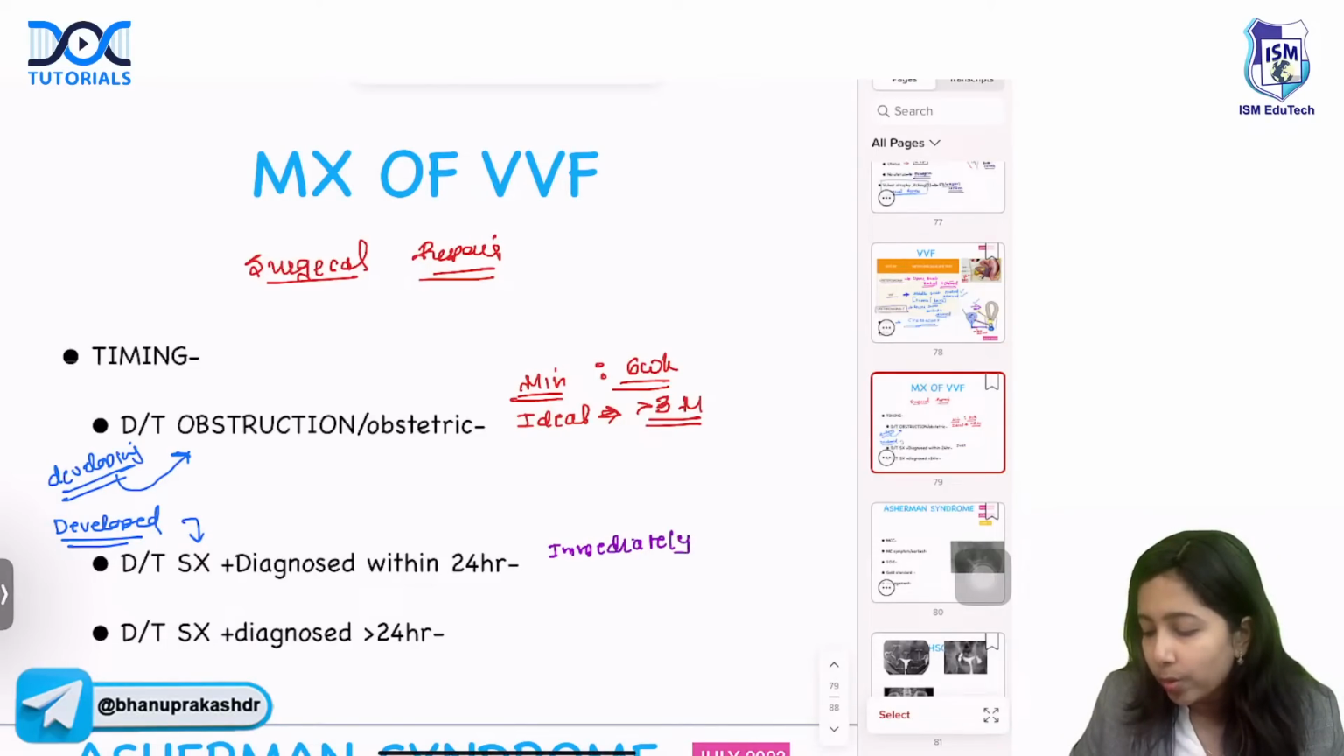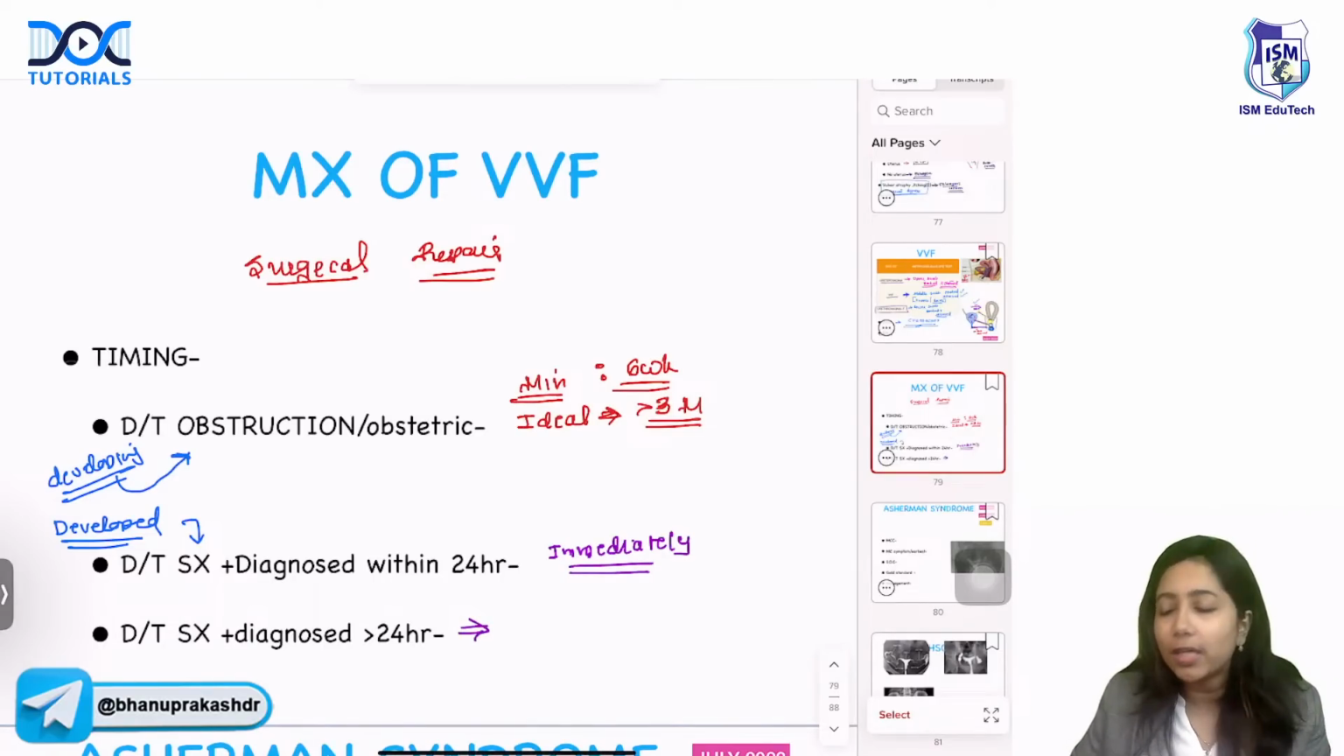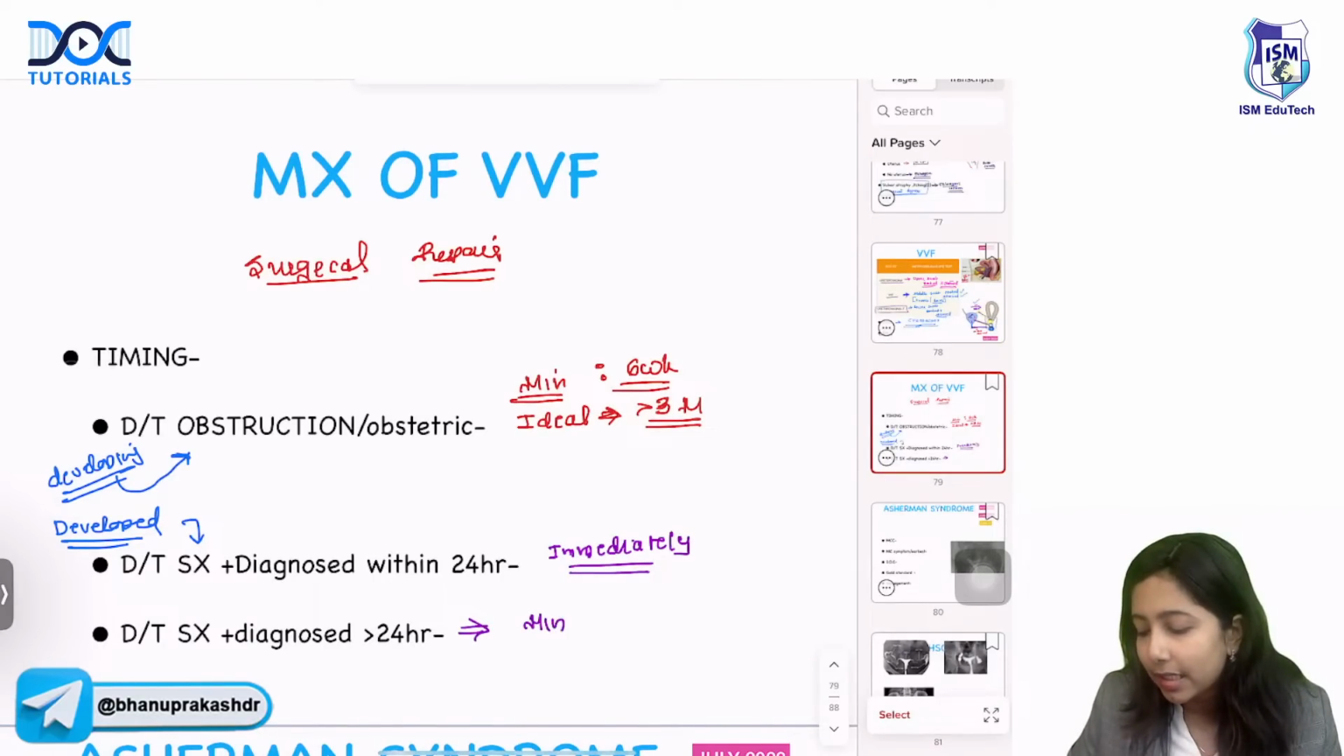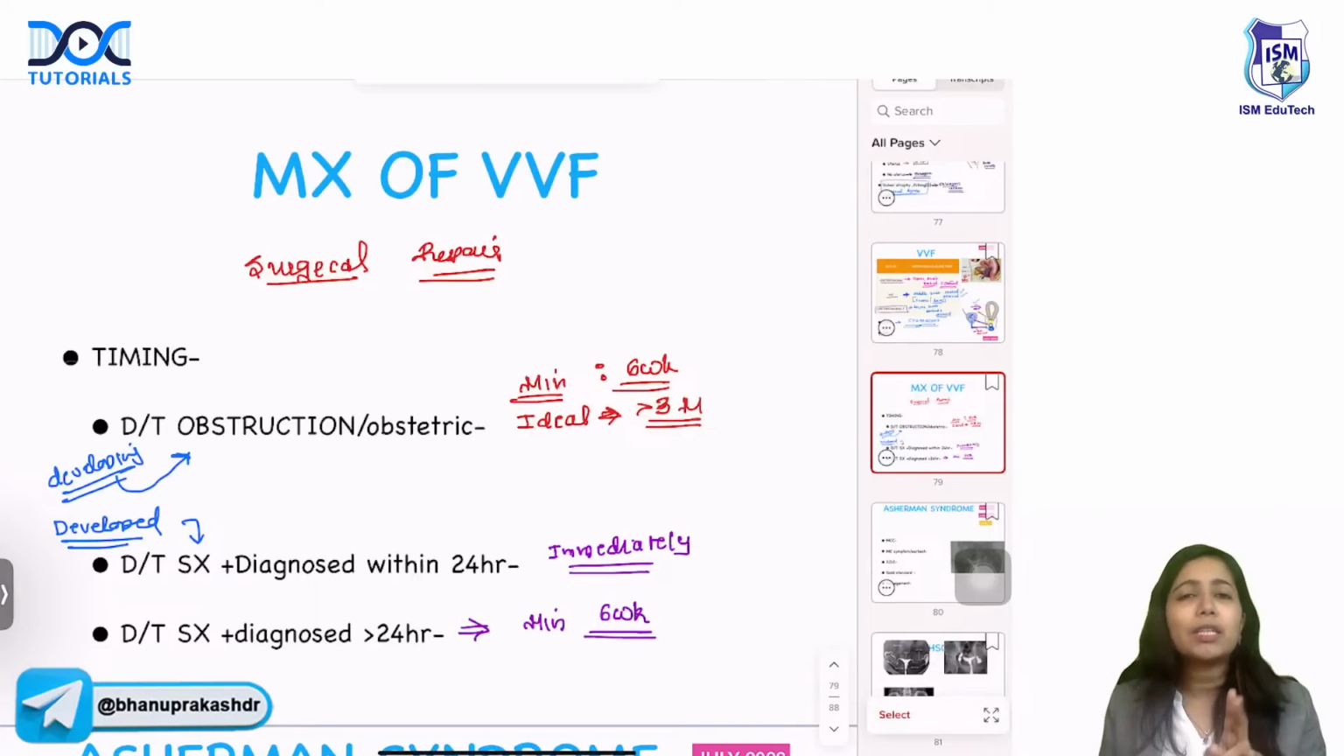And beyond 24 hours, there will be a lot of edema. That's why we have to wait for a minimum of 6 weeks. So there are just two values which you have to remember: 6 weeks and immediately. If we diagnose it in a surgery, within 24 hours, do the surgery immediately and repair